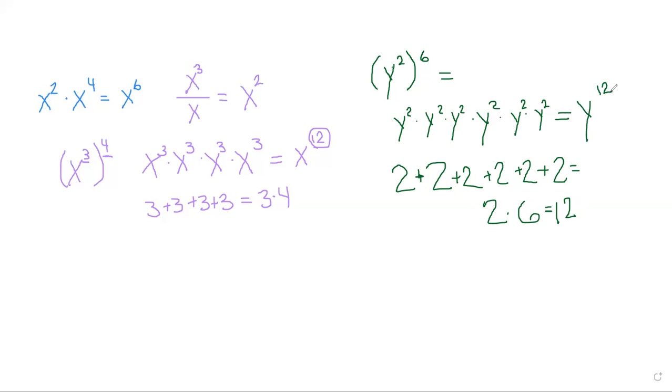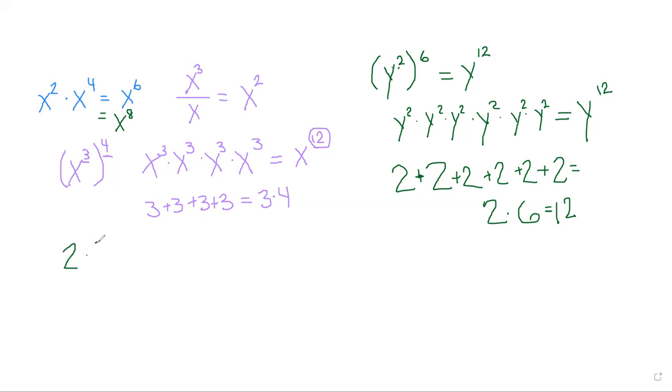Now, could I have done this more easily? Sure, I could have just said y to the 2nd power raised to the 6th power equals y to the 12th power. Now, okay, but why didn't I multiply them over here? Why isn't this x to the 8th? Shouldn't I multiply them over here? But remember, it's different. This is multiplying them by each other. This is being raised to a power, just like